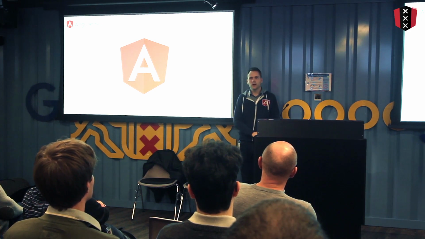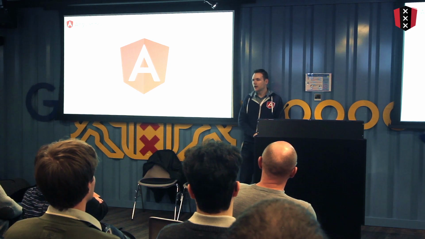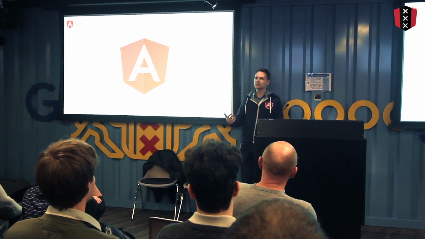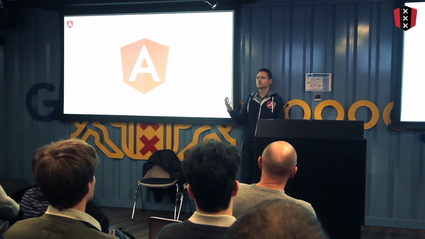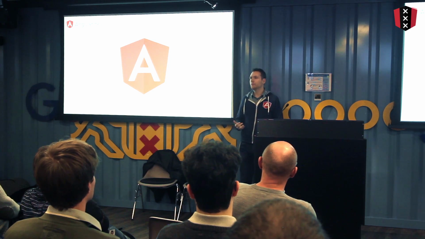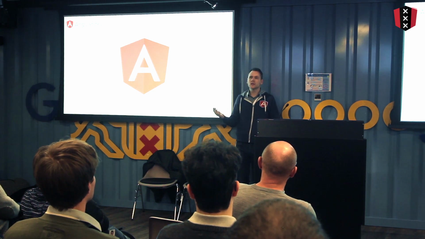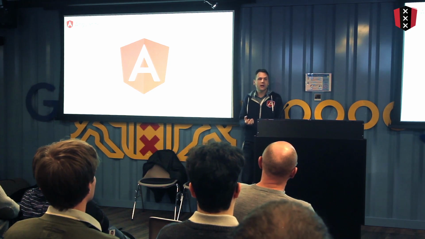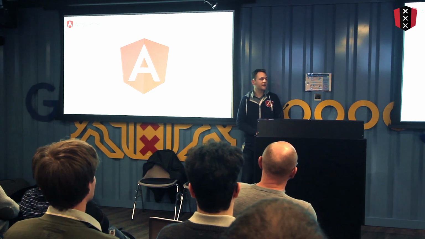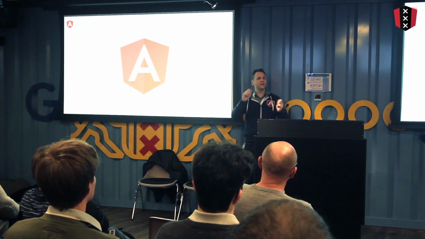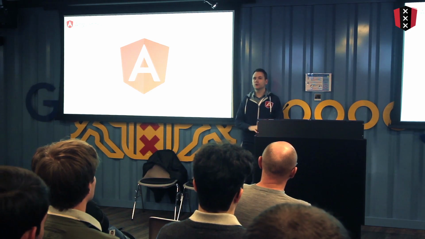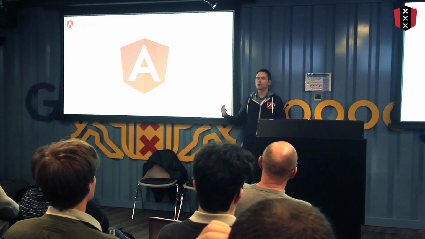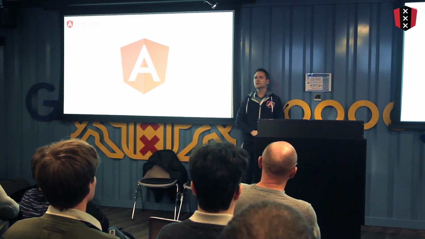When we built Angular 1, the web was a very different place. So Angular 1 was in some ways a reaction to this idea that the web was becoming, for the first time, a platform that you could build more than just web pages and websites. You could build full applications that are interactive and build great user experiences. And all we had really back in 2009 was jQuery and a couple other fledgling frameworks. And jQuery was a fantastic first way to start manipulating things on the screen and giving a higher level of user interactivity that didn't require a full round trip back to the server, but it wasn't really how you wanted